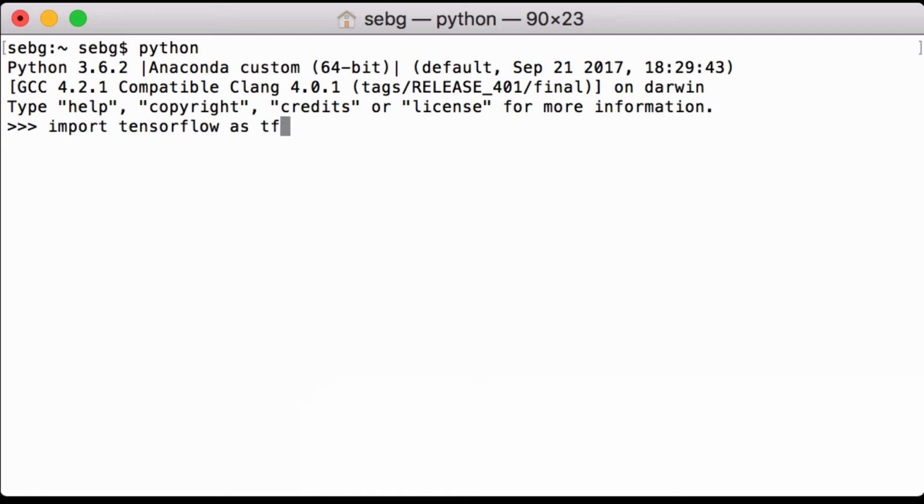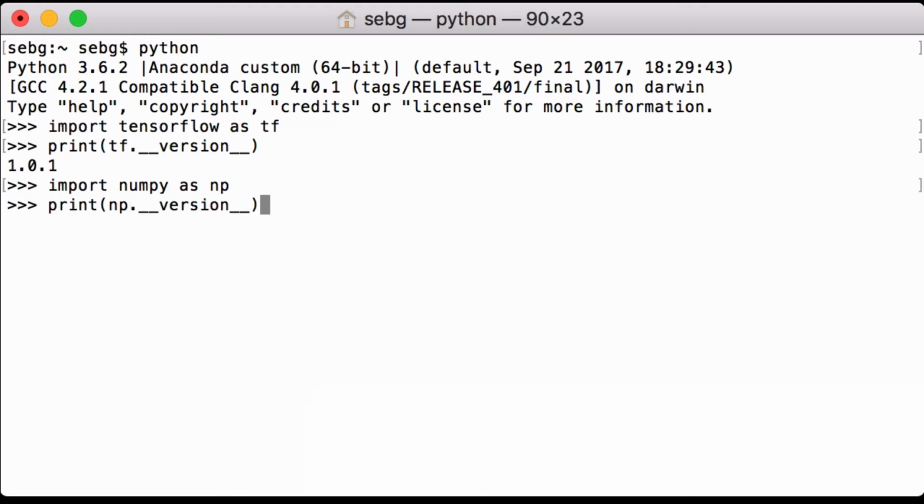We import TensorFlow as TF. Then we print out the version of TensorFlow we are using. We are using TensorFlow 1.0.1. We import NumPy as NP. Then we print out the version of NumPy we are using. We are using NumPy